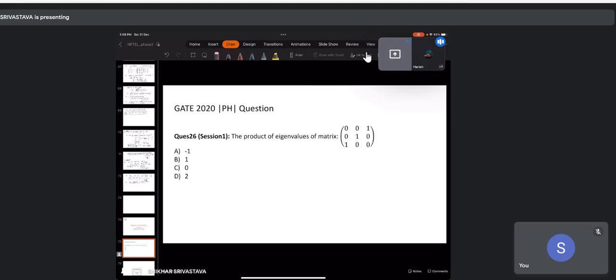So the question was that they have been given some 3x3 square matrix, and then they have asked what is the product of the eigenvalues. So whenever you have this,